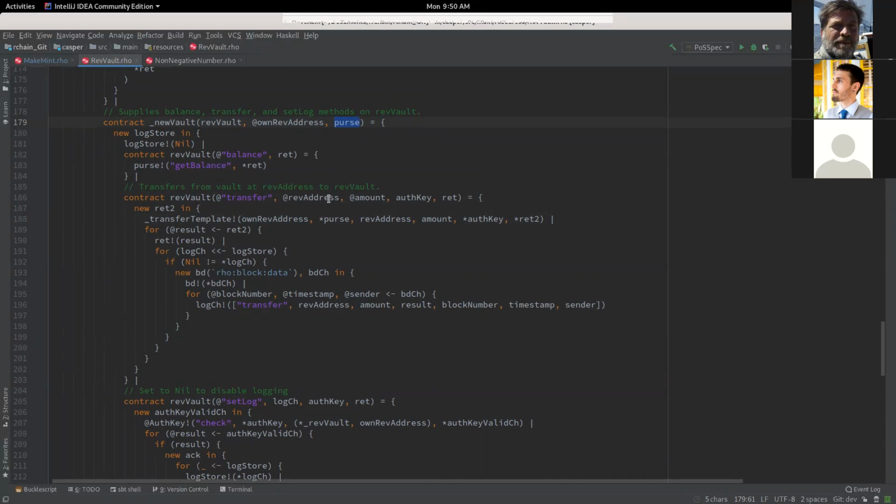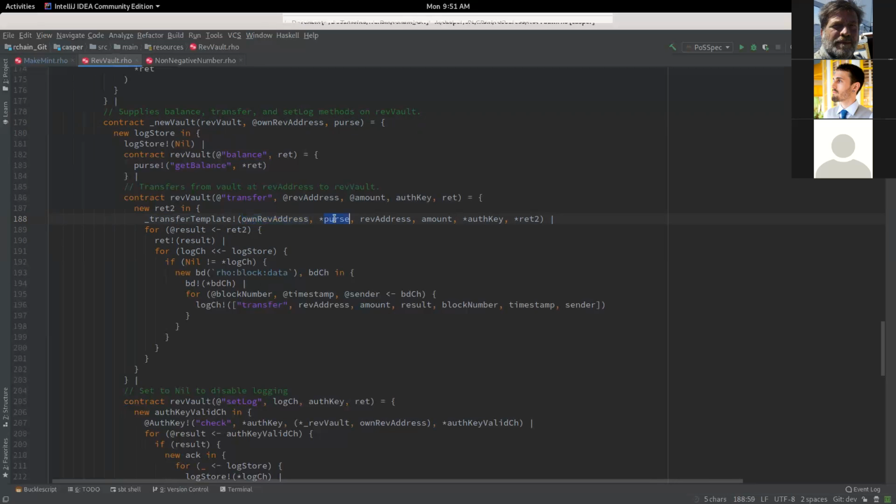So what's going on here? To do a transfer, we call this transfer template. The first argument is the rev address of the vault that we're transferring tokens to. Maybe I should have called this the to rev address, but it doesn't matter.